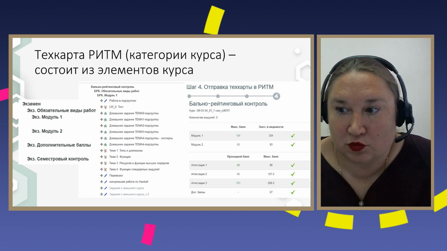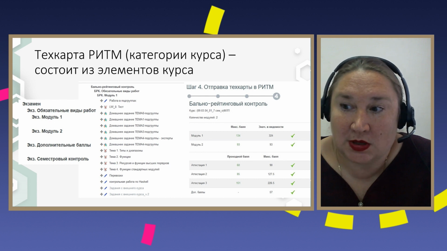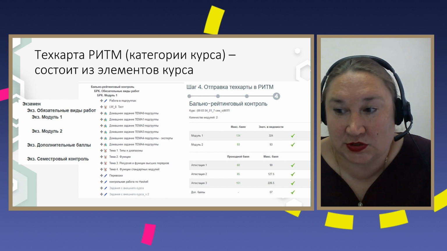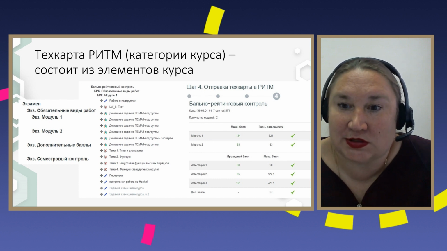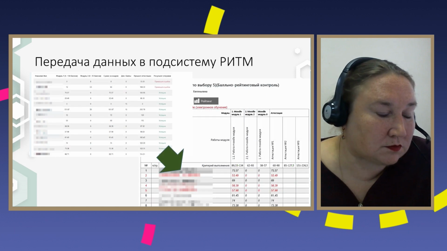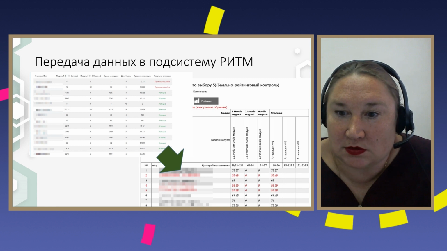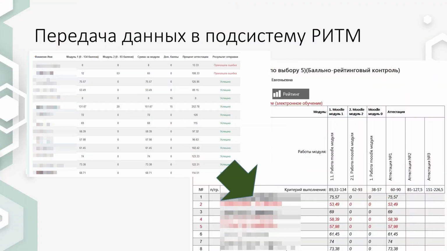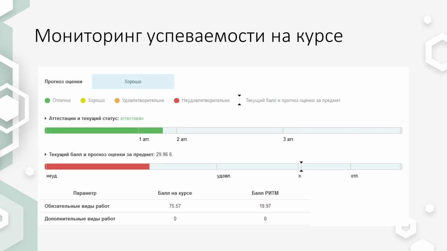Therefore, in this electronic course, we form fully the whole educational activities of the student, and the electronic course allows us to recalculate this activity into points and transfer them to the analysis system further. The next one, please. On this slide, the top picture shows the points accumulated by students in the electronic courses, and at the bottom image you can see how these points are reflected in a grading system on the corporate portal in